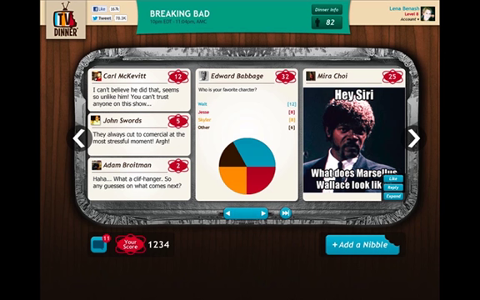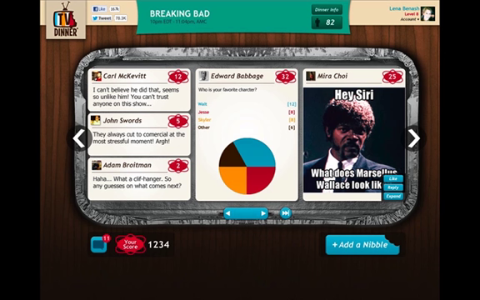This next slide shows the main view of the TV Dinner experience, and inside of this tray you'll see that we have three different types of content items, and we call these content items nibbles. The first type of nibble is a comment nibble, which you'll see in the left part of the tray. Comment nibbles are very similar to tweets. They're just text-based messages that allow our users to express their thoughts in response to what they're seeing on TV.